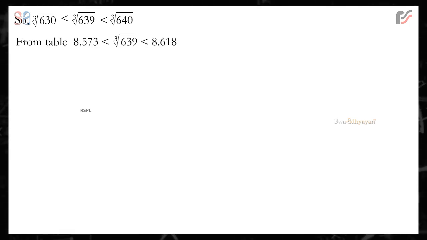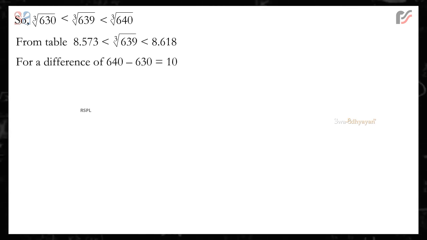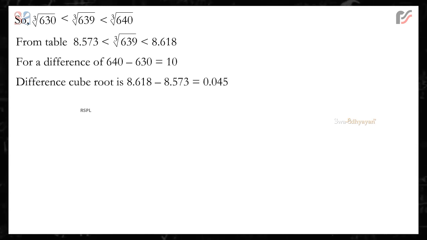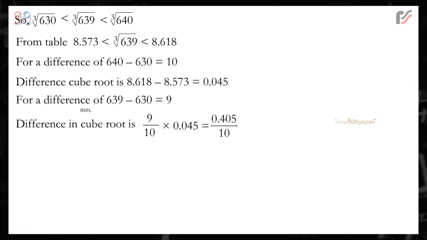From tables, 8.573 is lesser than cube root of 639, which is lesser than 8.618. For a difference of 640 minus 630 is equal to 10, difference in cube root is 8.618 minus 8.573, which is equal to 0.045. For a difference of 639 minus 630 is equal to 9, difference in cube root is 9 by 10 into 0.045, which is equal to 0.405 by 10,